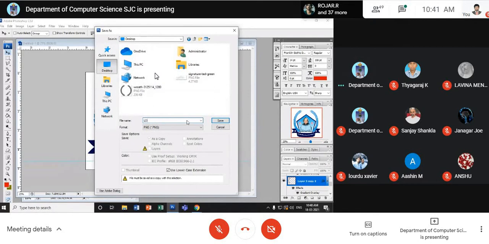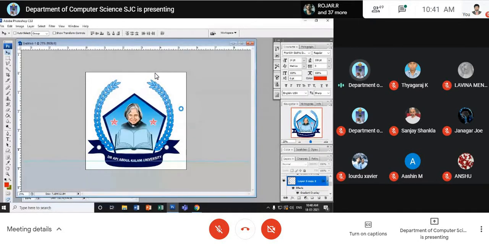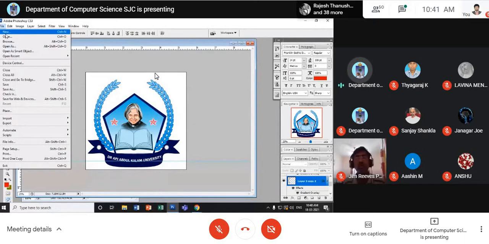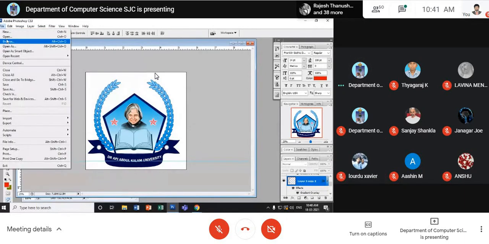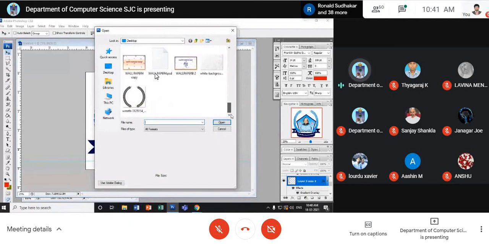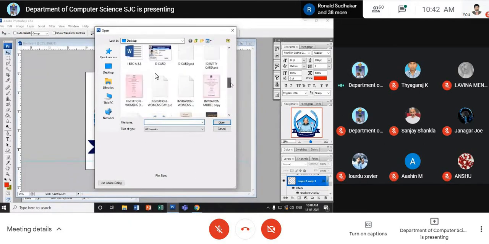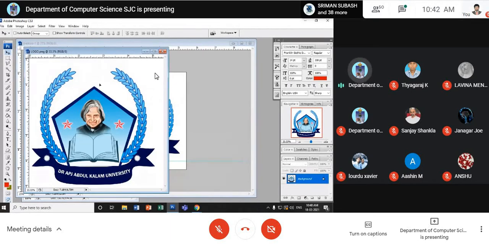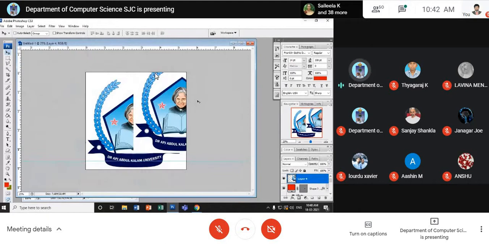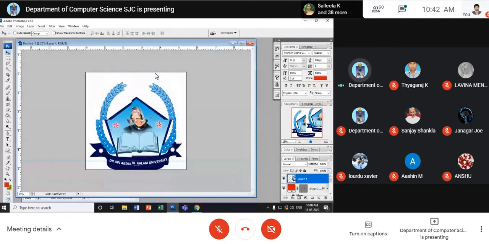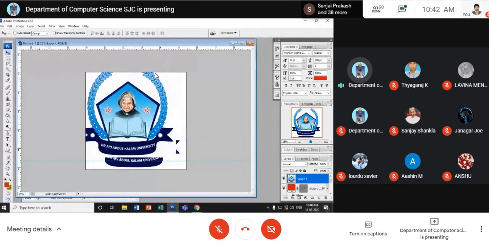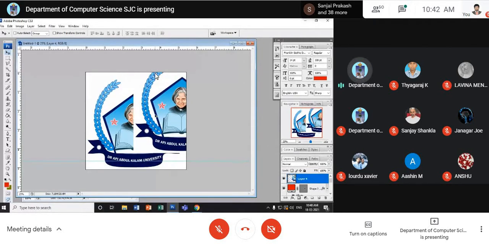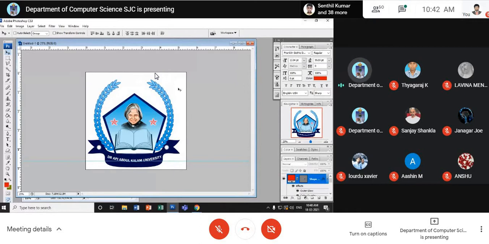Logo. Just click OK. Now see here, when I take it next time, I'll be able to make it. Where is it? Logo L. It is here. So you'll be able to make it for others. For example, I'm able to make it a single logo file. Am I clear to you? You can save this as a PSD file so that it can be edited next time when you want to edit.